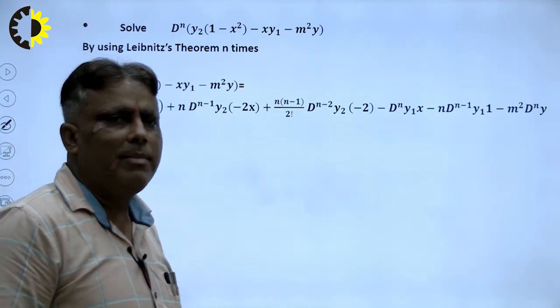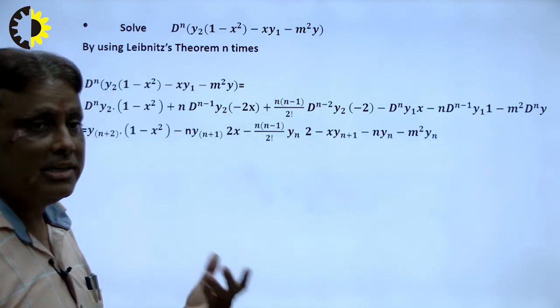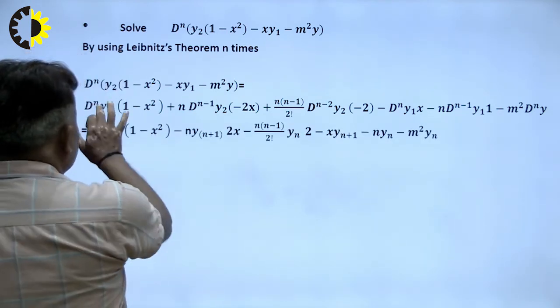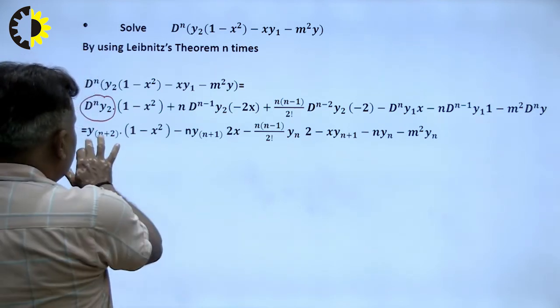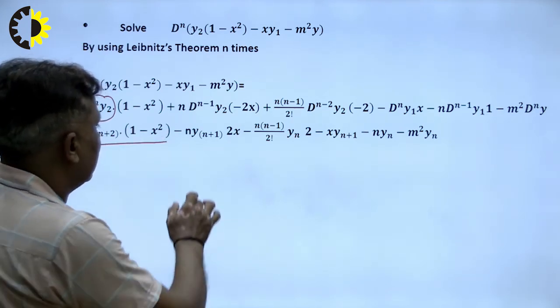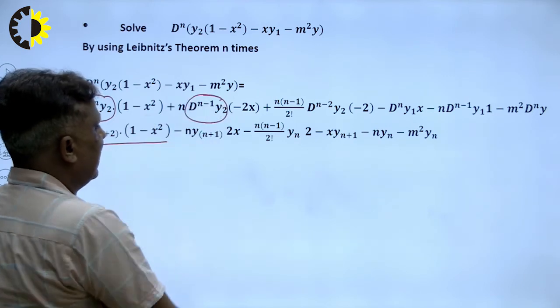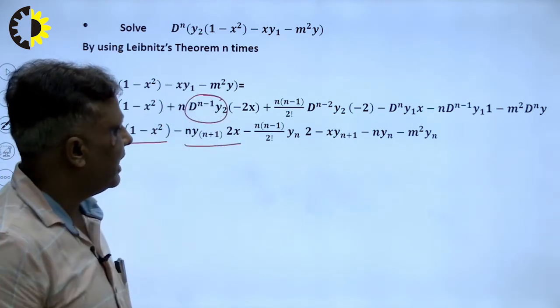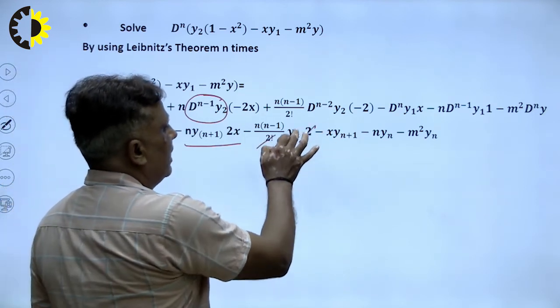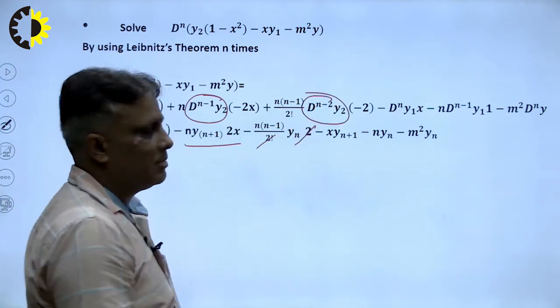Now the final aim is to assemble the result by arranging the terms. So I write here the result of these terms. The result of these terms will be y n plus 2, because both are added, I explained just now, right? What is the result of this? The result of this will be y n plus 1 here, and 2 minus is outside, so this will be the result. In this way 2 cancels out, and the result of these terms will be yn here.